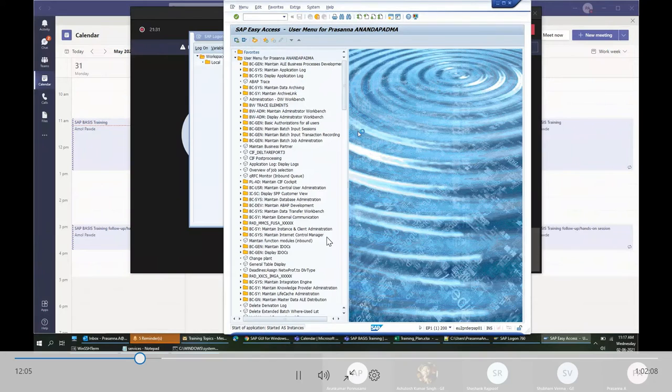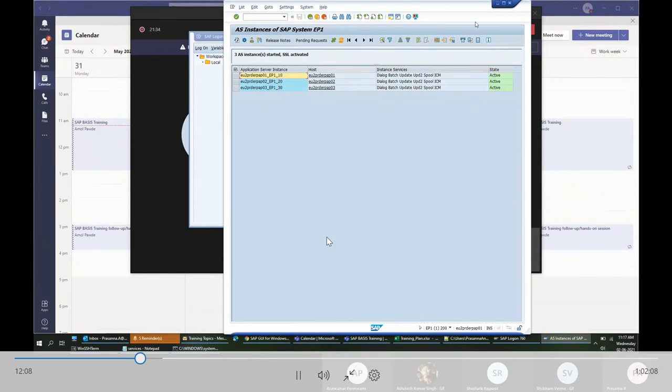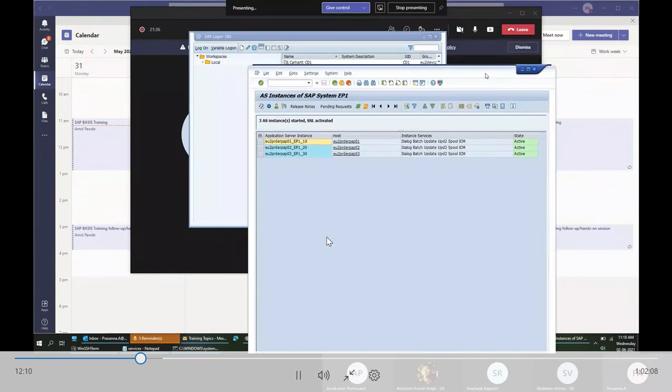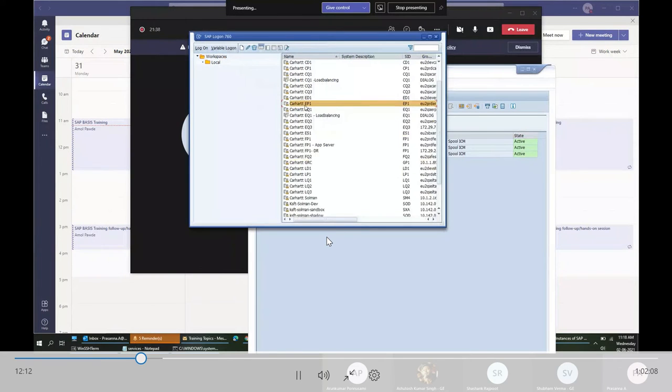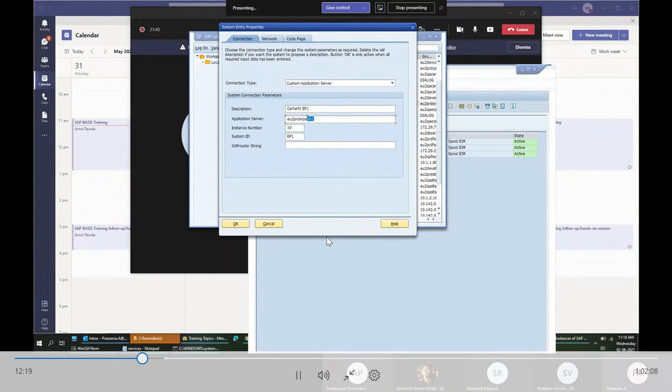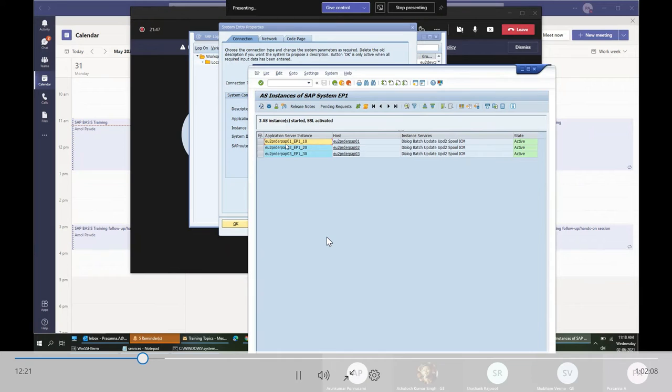So earlier, I created a connection where I gave the details directly as app1. So every time I log in, I will log into only this particular server. That should not happen in a production system, because there are 3 servers. Based on the load, whenever I log in, I should not choose any of these servers. I should be logged into whichever of these 3 servers has less load.